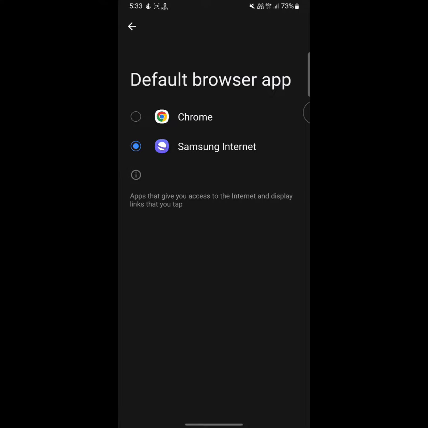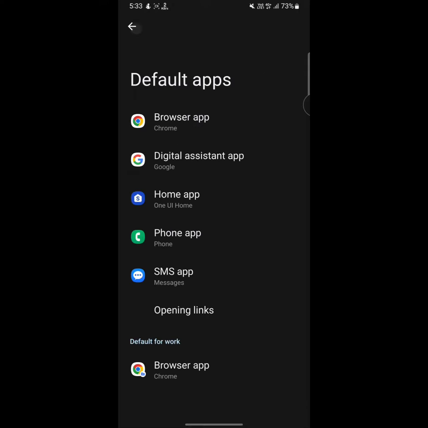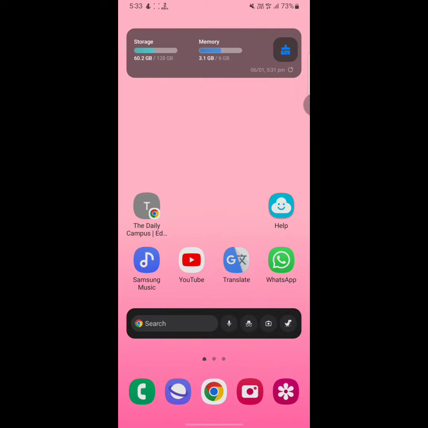As you can see that my default browser is Samsung Internet, so now I'm gonna set it Chrome browser, so tap on Chrome, and yes, our work is done. From now your mobile default browser is Chrome browser. So I hope you understand the full